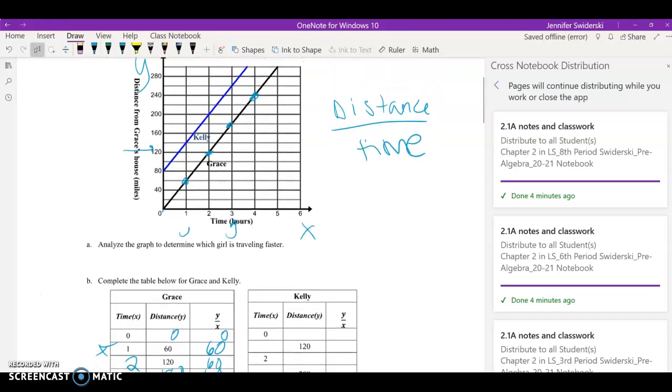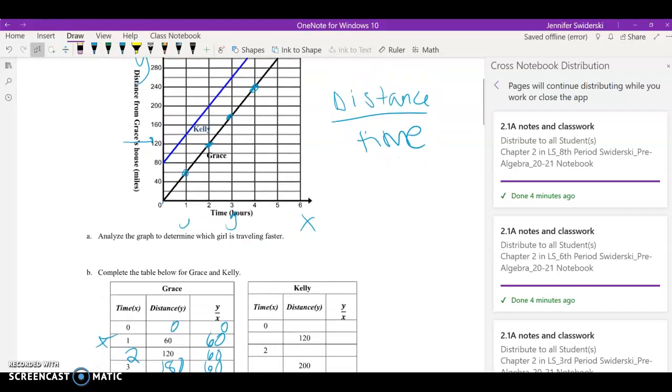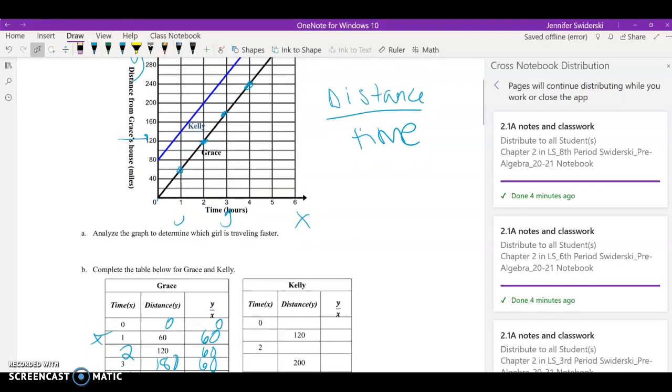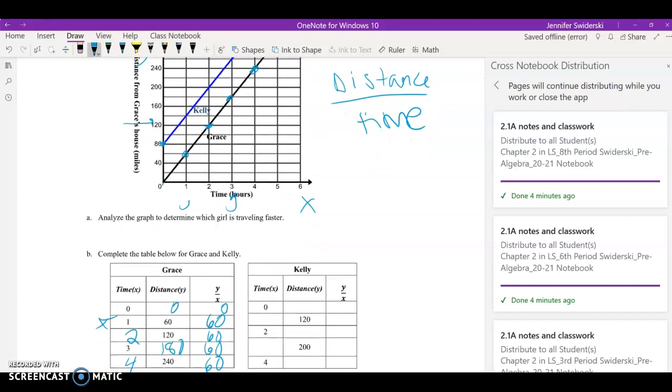Well, what about Kelly? When Kelly hasn't left her house, where is Kelly at on my distance? Well, Kelly's already at 80. What does that mean? My y over x is still 0. Kelly, when she's at 120, Kelly's like right here. What does that mean? Kelly's probably at, let's just say 0.75 when she's at 120. Okay, hours 0.75. So that'd be 120 over 0.75, which is, when I simplify,